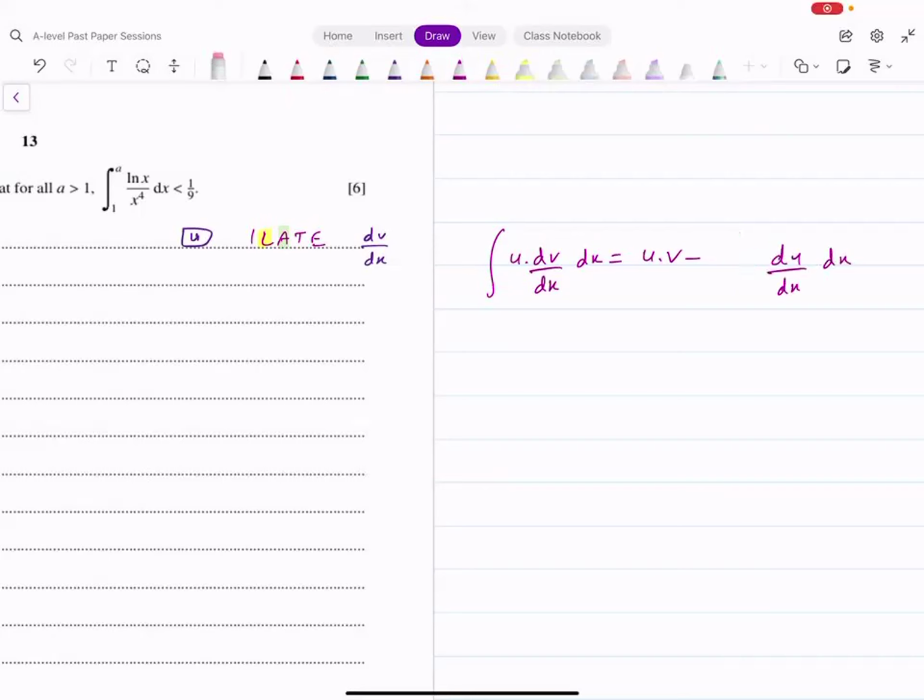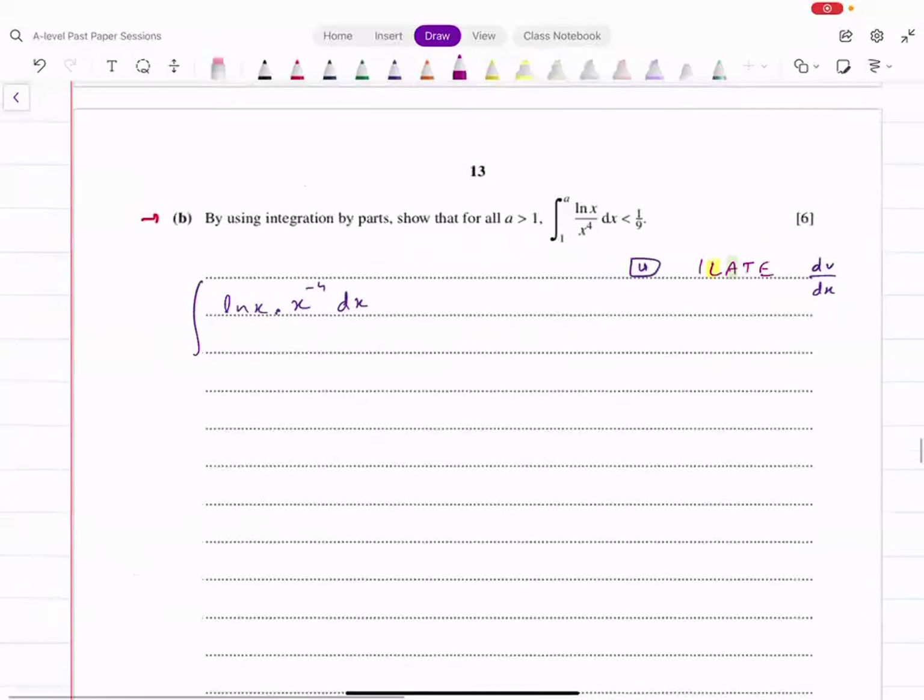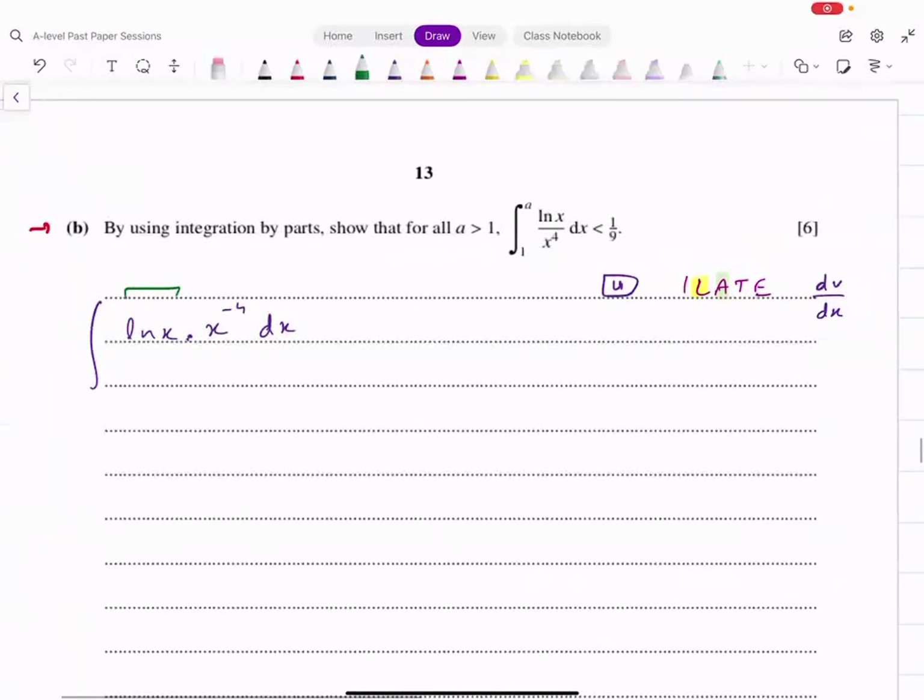ठीक है, अब सबसे पहले हमने चूज कर लिया कि हमें u क्या लेना है और dv over dx क्या लेना है. So we know ln x को हमने क्या ले लेना है यहाँ पे u और इसको हमने ले लेना है dv over dx. And we discussed the reason for that. आप यूज कर लें, उससे आपके पास आ गया. अच्छा,